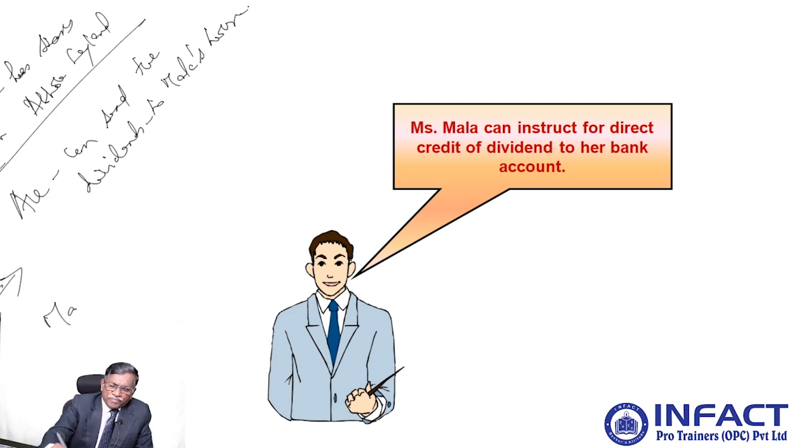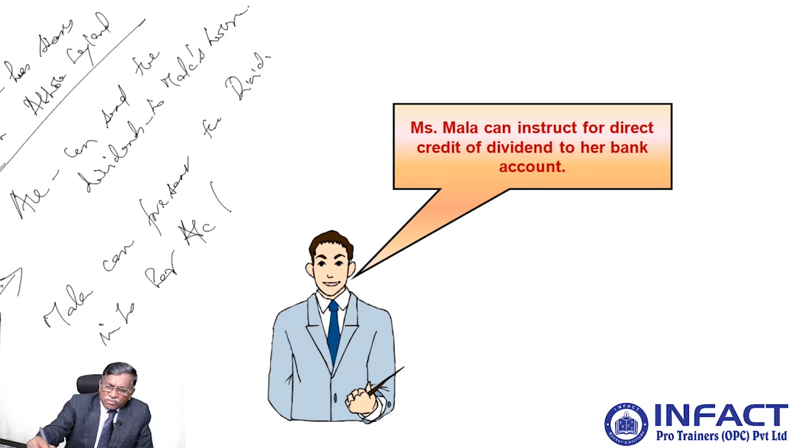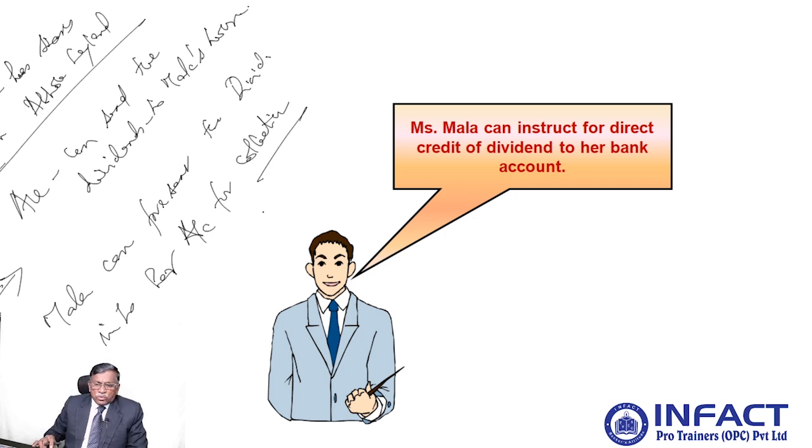Then Mala can present the dividend into her account for collection. And you know how the collection happens, so that the bank can collect the dividend money and credit it to her account. Instead of sending the dividend to Mala's place,